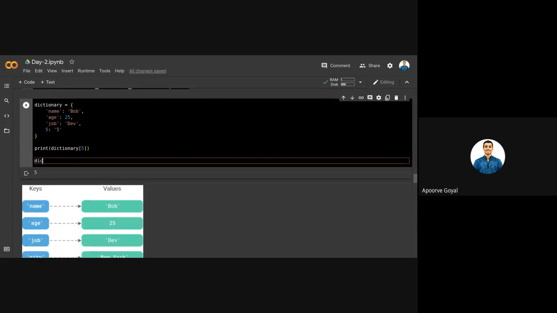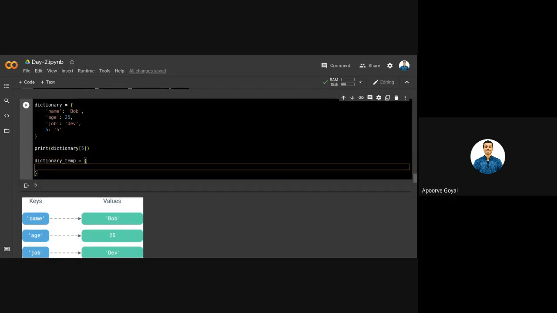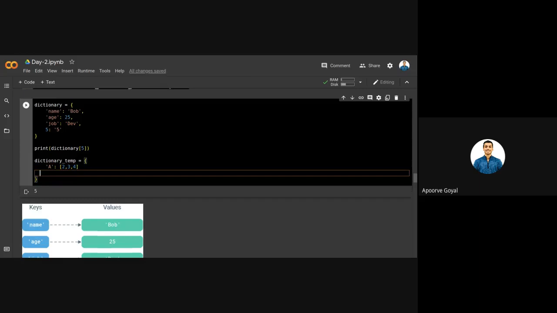Suppose you have a dictionary temp, and there you have key as a and the value as a list. So this is the value, and suppose you want to access the second element of this particular list.